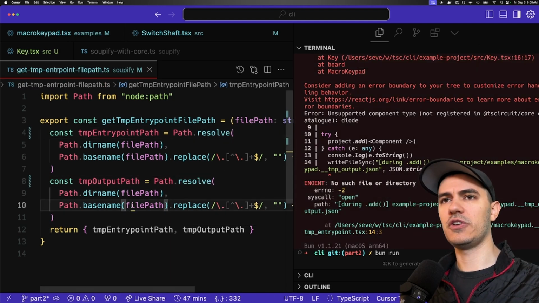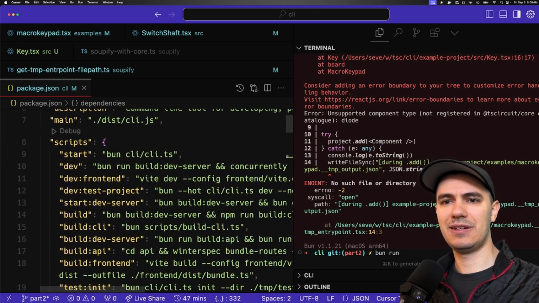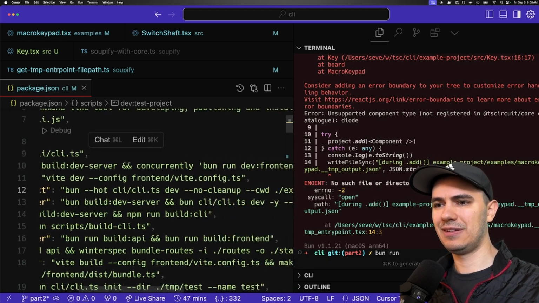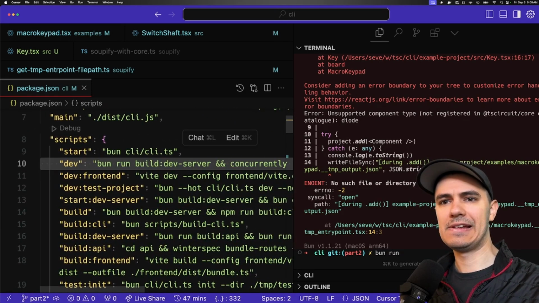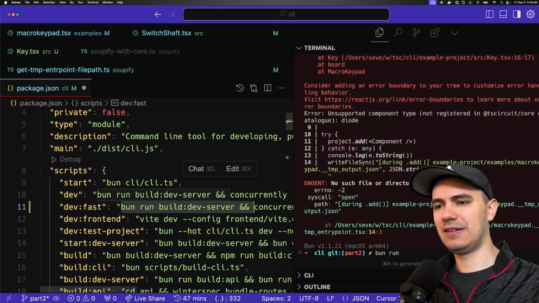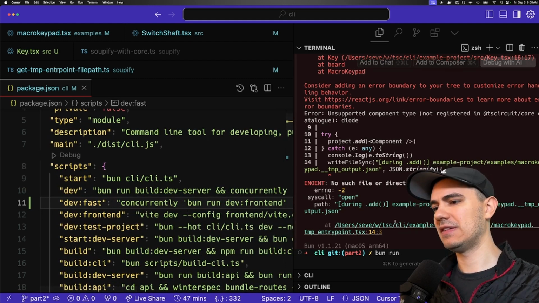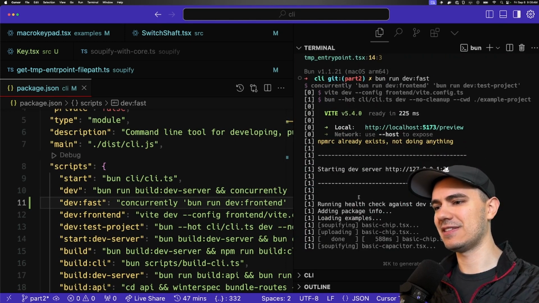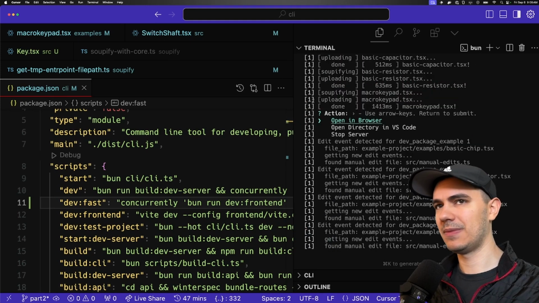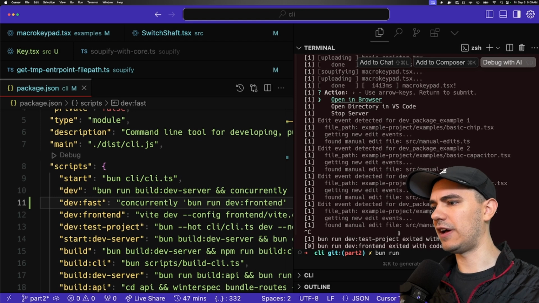Okay. So instead of running bun run dev over and over again, I wonder if I can do it without rebuilding. I'm just going to create an alias. I'm going to call it dev fast, and it's just going to do the running of the front end in the test project, because I don't like waiting on that build time, and it's supposed to be instant. Like this is that, now it runs instantly. That's pretty annoying. Okay, so now our entry point file,